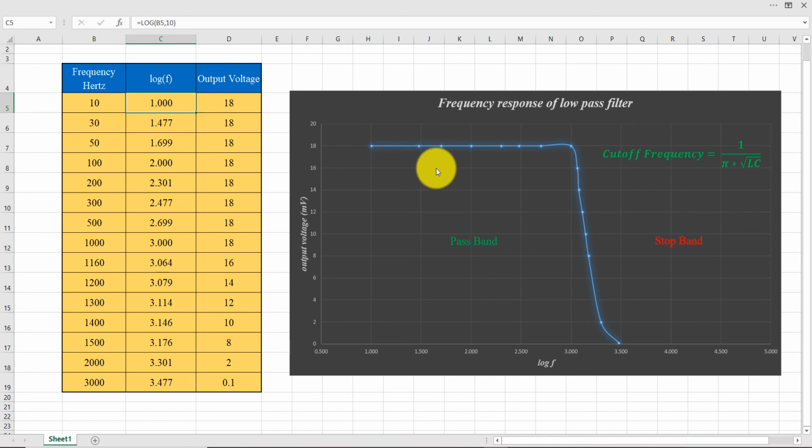So you have to take the value calculated from the graph and the theoretical calculated value and try to match the two frequencies. On a similar line, you have to perform all the 4 experiments, that is high pass T filter, low pass T filter, high pass pi filter and low pass pi filter.